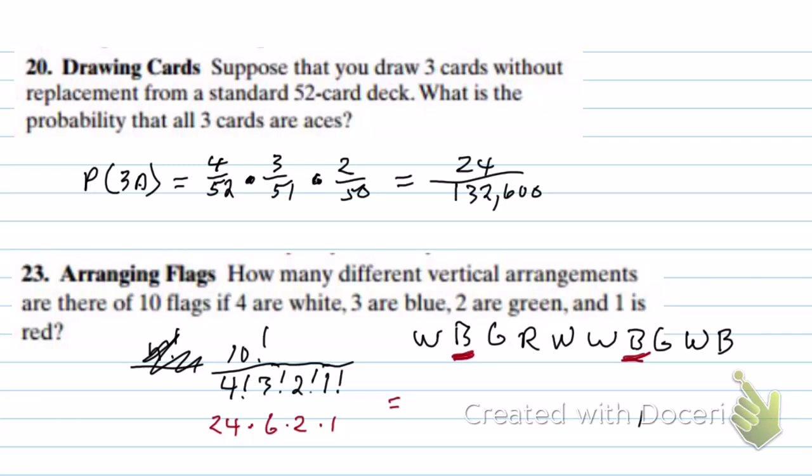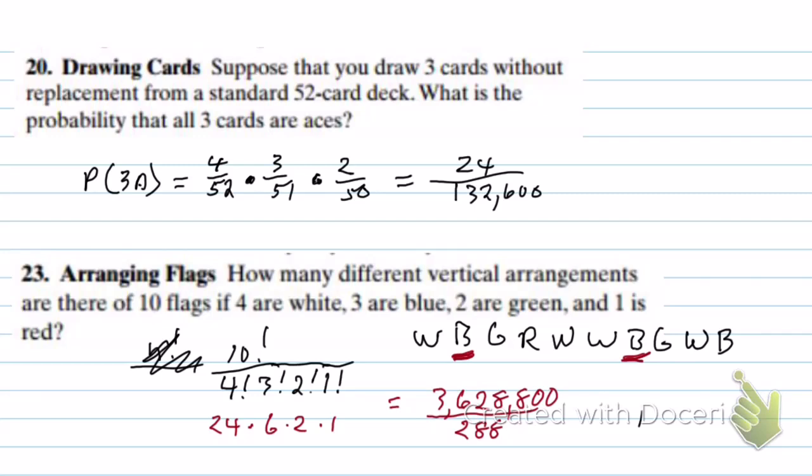So whatever 12 times 24 is, let's see. Okay, I've got 288, and I know 10 factorial is 3 million something. Anybody figure that one out? All right, with some help, we figured out 3,628,800. And I'm going to divide that by 288, and that's how many different arrangements I could come up with. Now, that's a bunch,